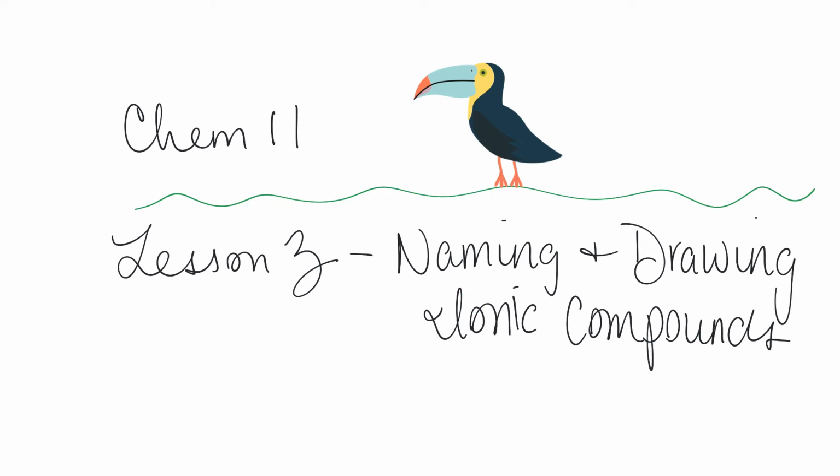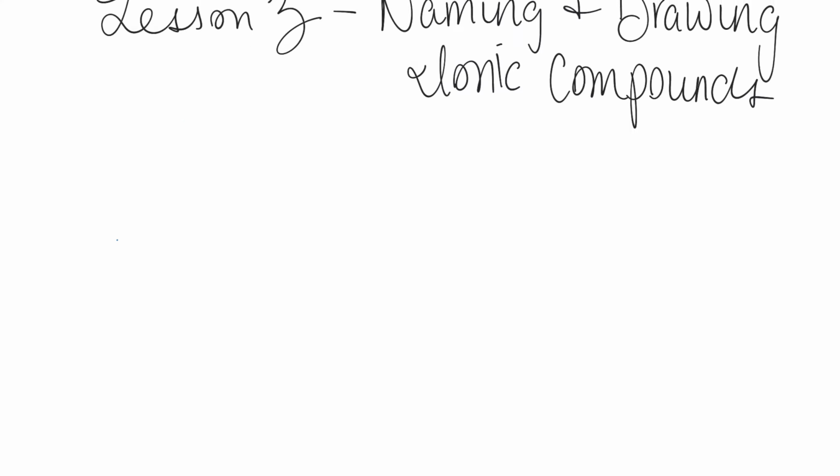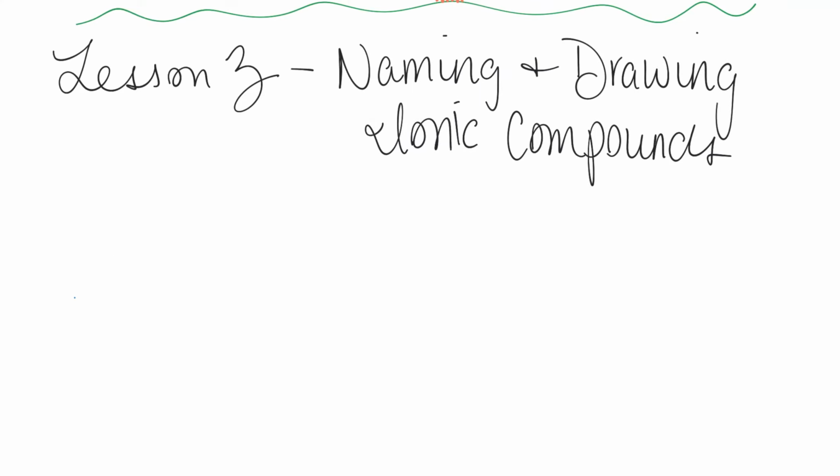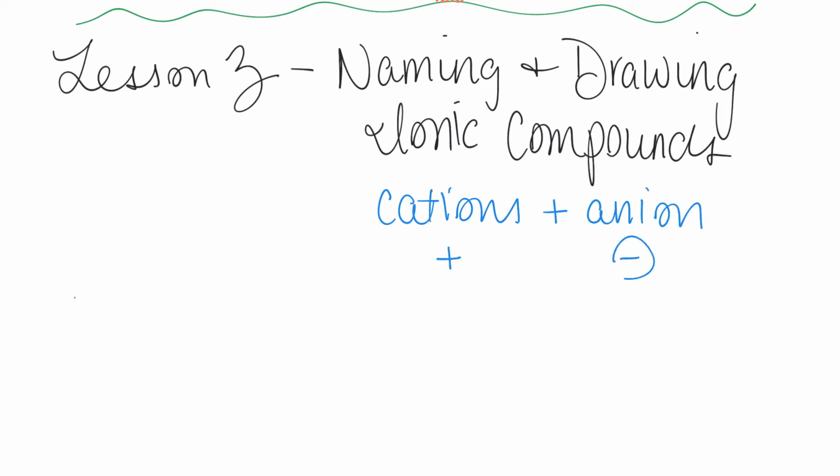So remember, ionic compounds are made of what? They're made of cations plus an anion, right? So you have to have something with a positive charge combined with something with a negative charge, which a lot of times we talk about metals and nonmetals, but remember, they're really cations and anions. Okay, so when we have an ionic compound,